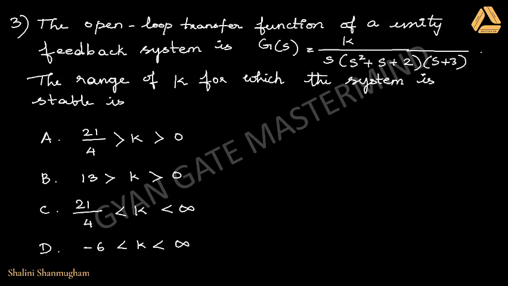So coming to the third question, the open loop transfer function of a unity feedback system is this one. So we have to find the range of K for which the system is stable. So for the system to be stable, there should not be any sign changes in the elements of the first column. So this is the criteria for the system to be stable. So going to the solution,